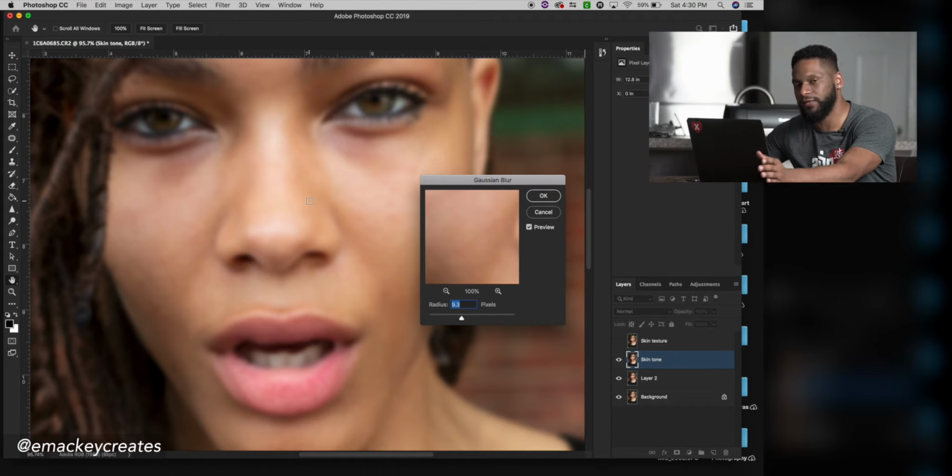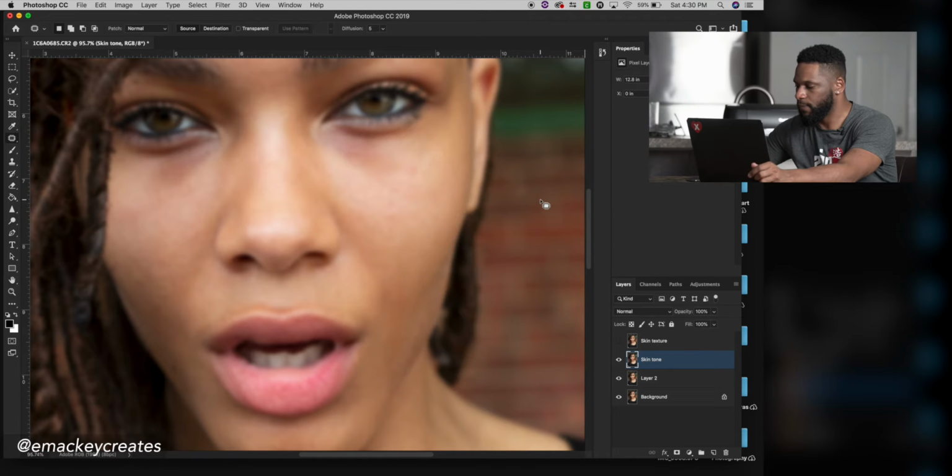For me, in this particular photo it's 9.3, but don't worry about that. It's going to be something totally different for every photo. All you want to do is make sure that you just barely can't see the texture of her skin. So I'm going to dial down from 9.3, I'll probably go to about here, which is 7.8. Alrighty. So now that I have my skin tone layer where I want it to be with the Gaussian blur,